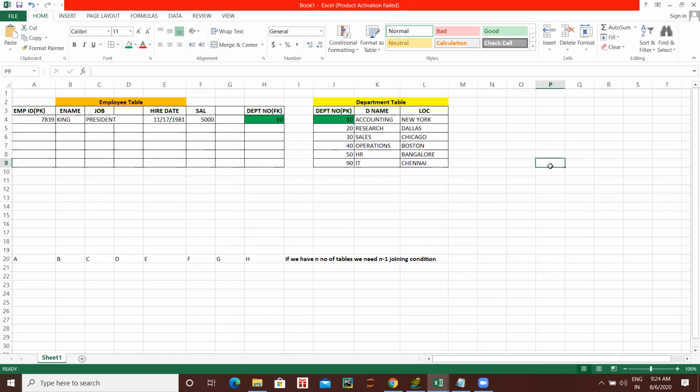Write A, capital A. This is a table, table A. Under that table, press enter, come to the cell below and write ID.